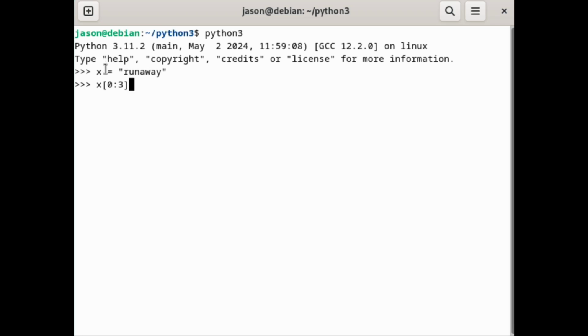Let's get a quick example. Okay, we want to slice the word run from the string runaway, and we can say x and utilize the brackets, and the starting character is 0, and that is this point, and the ending character is 3. I want you to just look at this closely: 0, 1, 2, and then the third character. When it comes to the ending point of a slice, isn't this the character a right here?